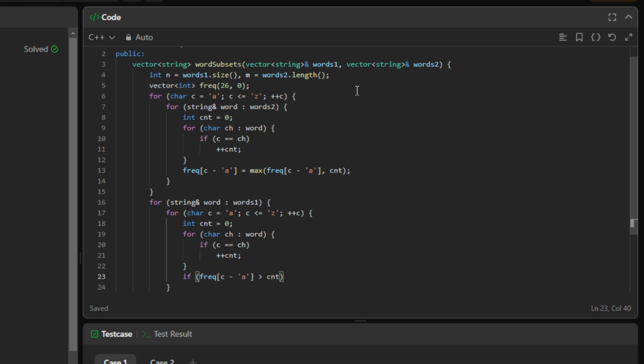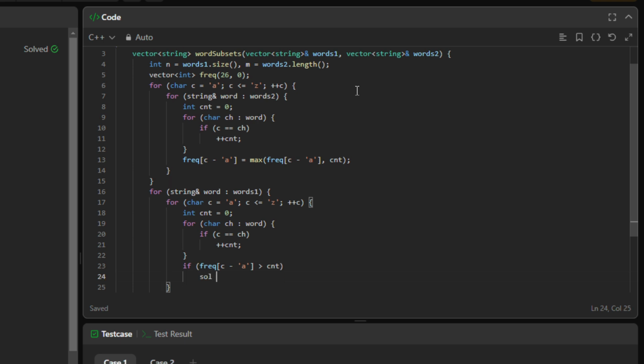The frequency array has the frequency related to words 2. So in words 2, a word has 3 A's, but in words 1 the word has only 2 A's. So the word in words 1 will not be a universal word. So in this case, the solution will become false,